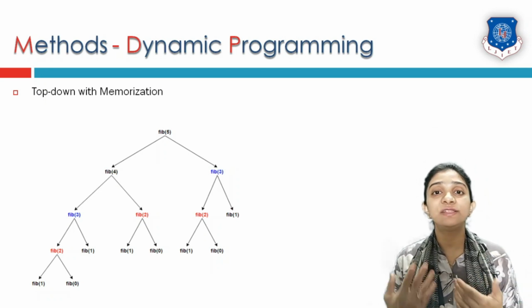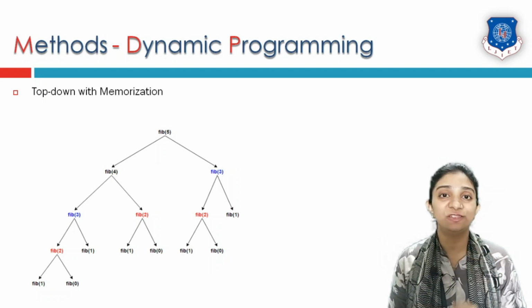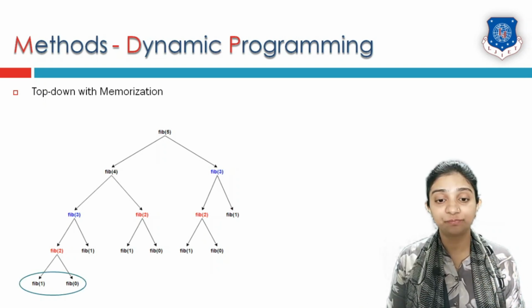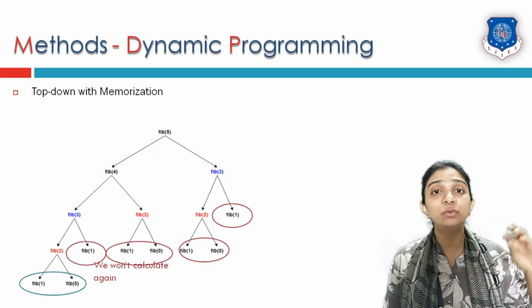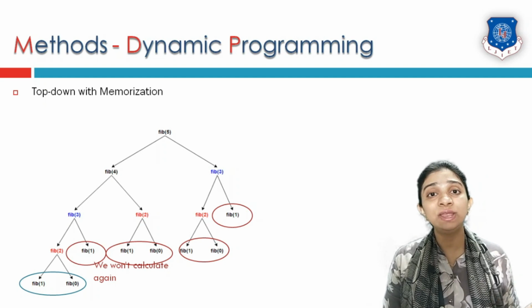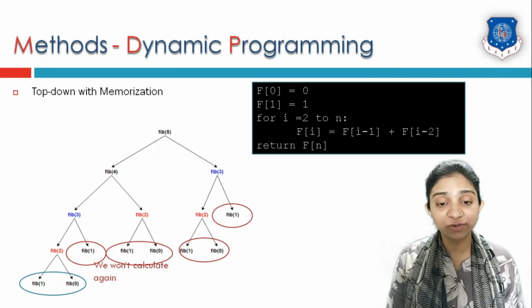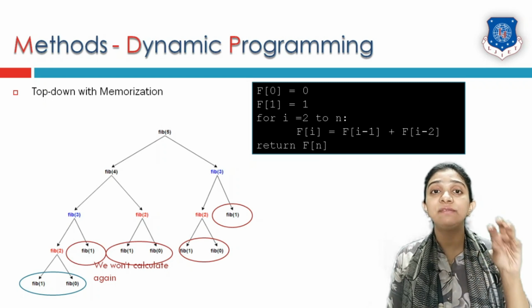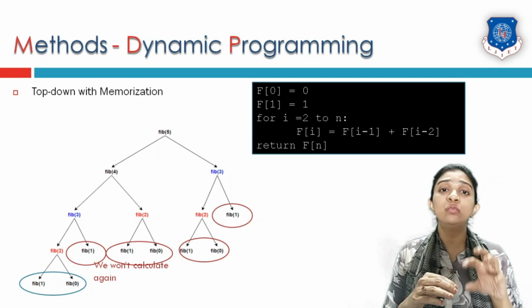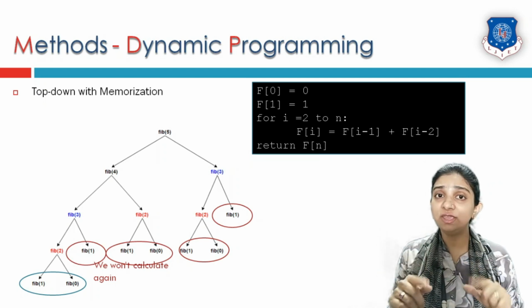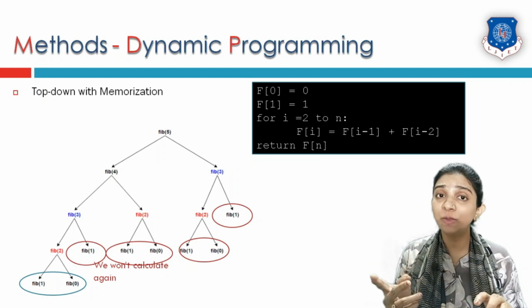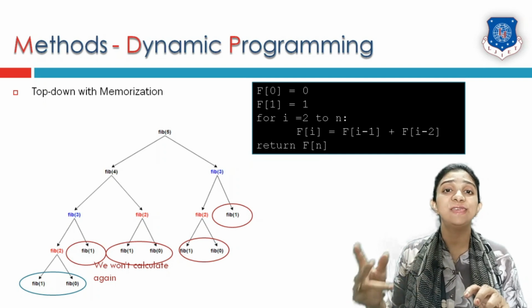Now, Fibonacci of 1 and 0 can be obtained directly in one step. So, we will calculate those steps and perform them only once. Wherever the Fibonacci of 1 and 0 are coming, we will not calculate them, but we will substitute the calculated result. Likewise, we will calculate Fibonacci of 2 only once, and we will remember where Fibonacci of 2 was used. From the tree, you can see that if I calculate Fibonacci of 2 at one place, there are 2 more places where I have to use the same value.